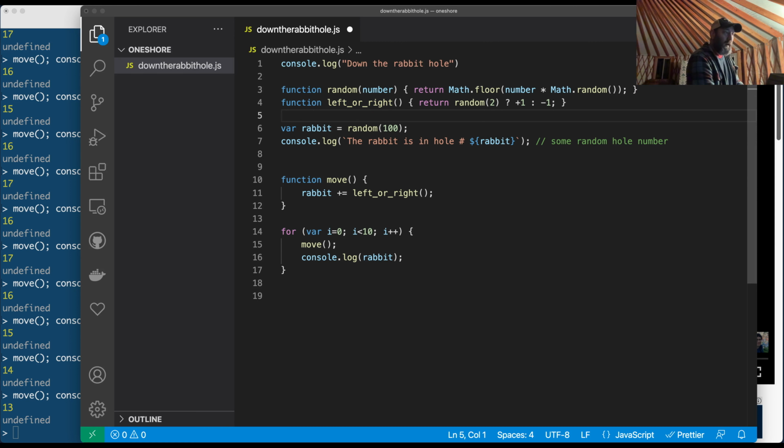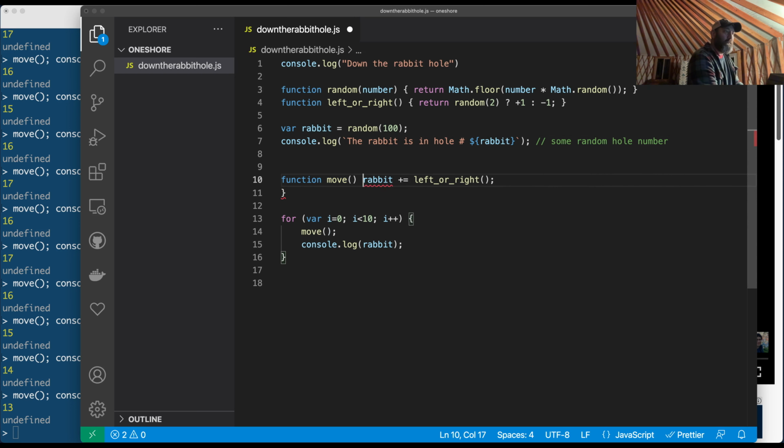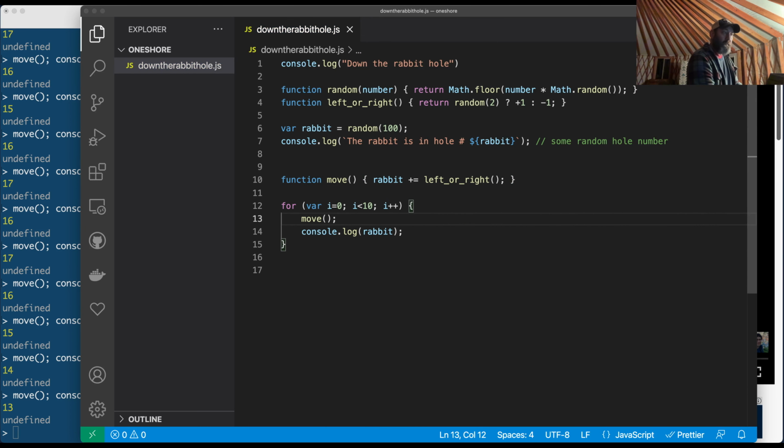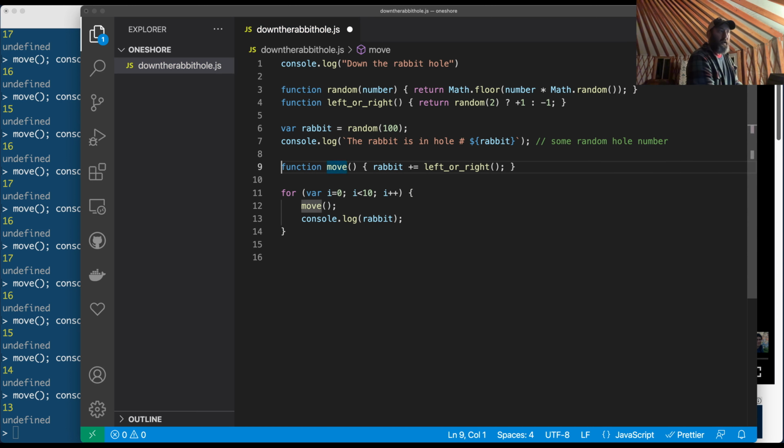My start, I'm starting my rabbit at some position, and I'm moving my rabbit. And this down here, right? So move, because I'm using this outer variable rabbit, it needs to be below that